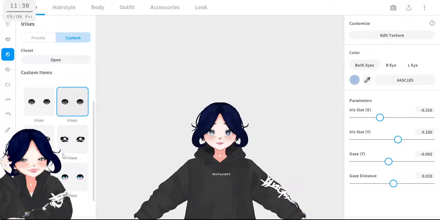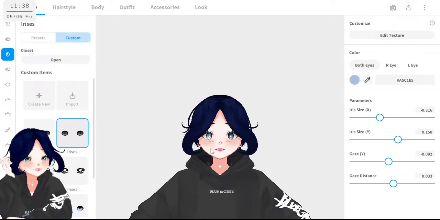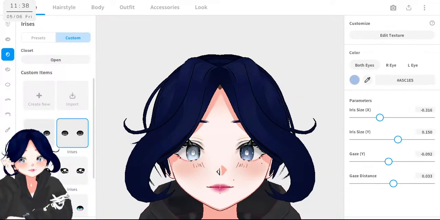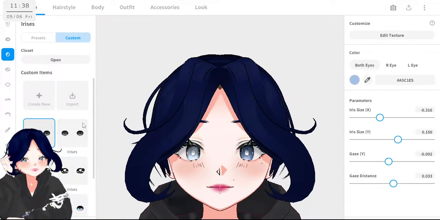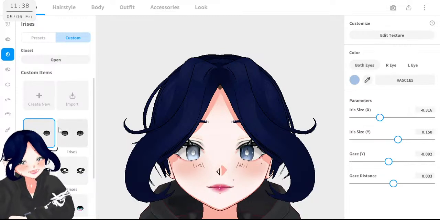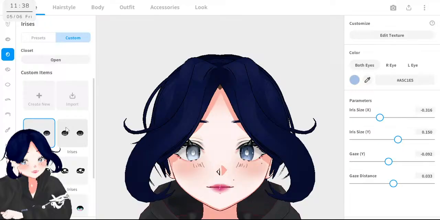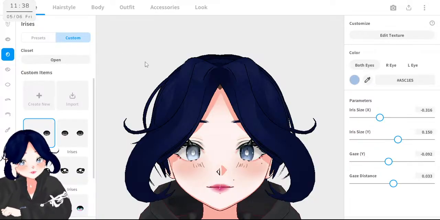I honestly have a lot of these. This one is for a character that I was doing because I was bored and I wanted to practice a little more, and I really like the shape of the pupils. Alright, import a new one, desktop, final outfit.